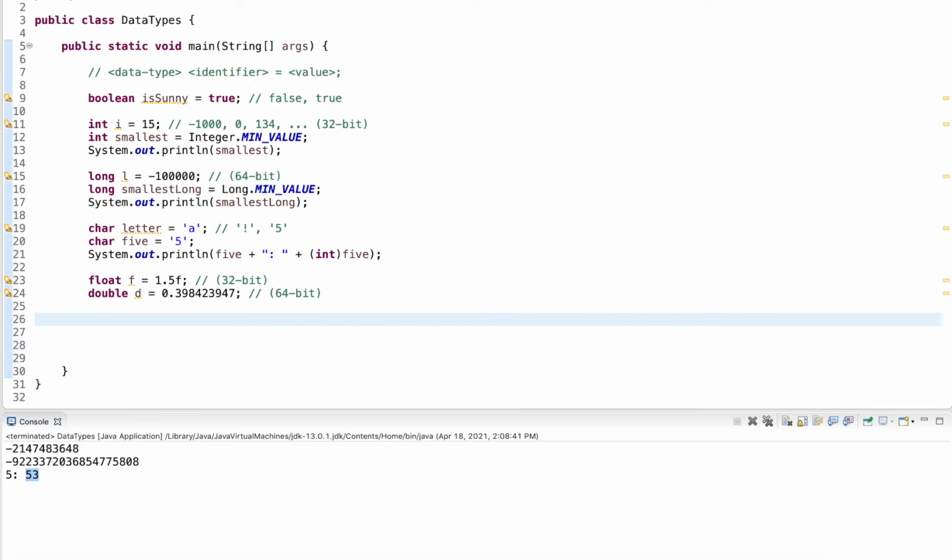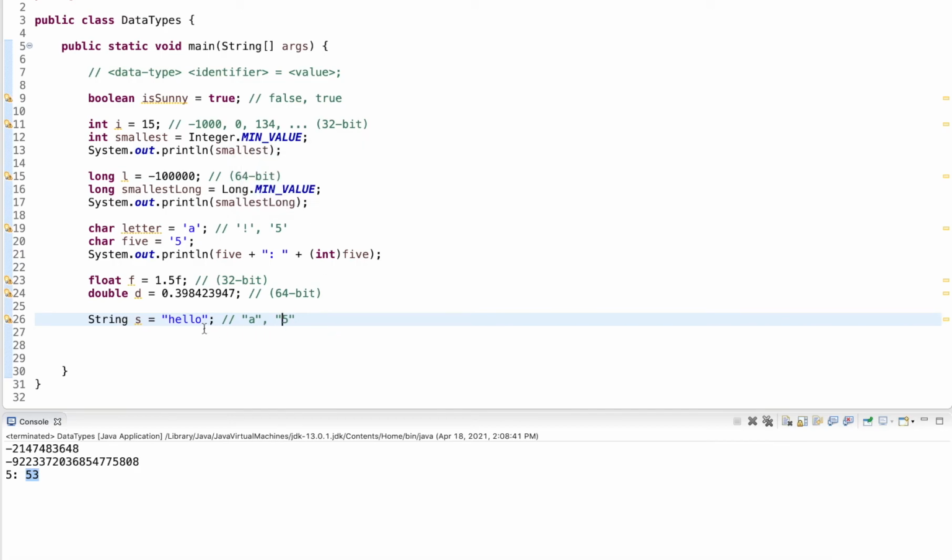Now there's one more data type, which is string. A string, when I create it here, let's say s, stores essentially text, and it's written in double quotes, and it can hold multiple characters. With the double quotes here, we could also store a single character, such as A, or again, such as 5. Now, a 5 in double quotes is different than a 5 in single quotes, and it's different than just the integer 5.